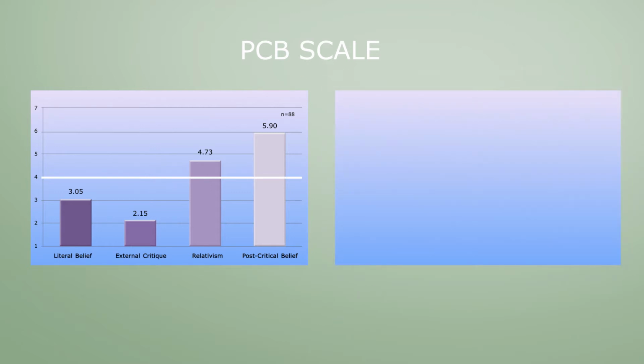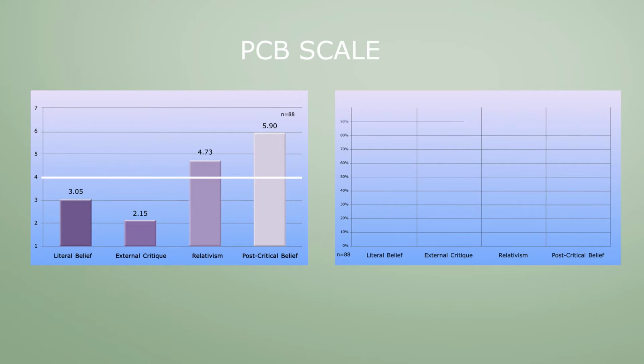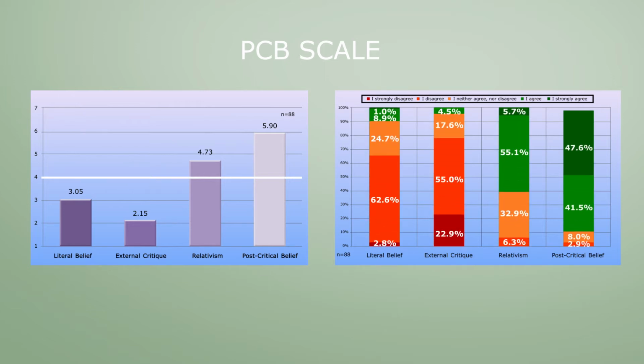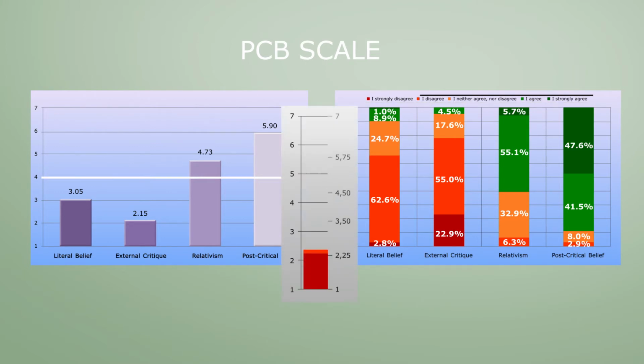Again, we see the 4 cognitive belief styles and the number of respondents. The y-axis has transformed into percentages from 0 to 100. The respondents are arranged in 5 categories with a distinctive color, as explained in the legend at the top. The 7 response options in the Likert scale are reduced to 5 categories in the percentage graph. This is how they correspond.